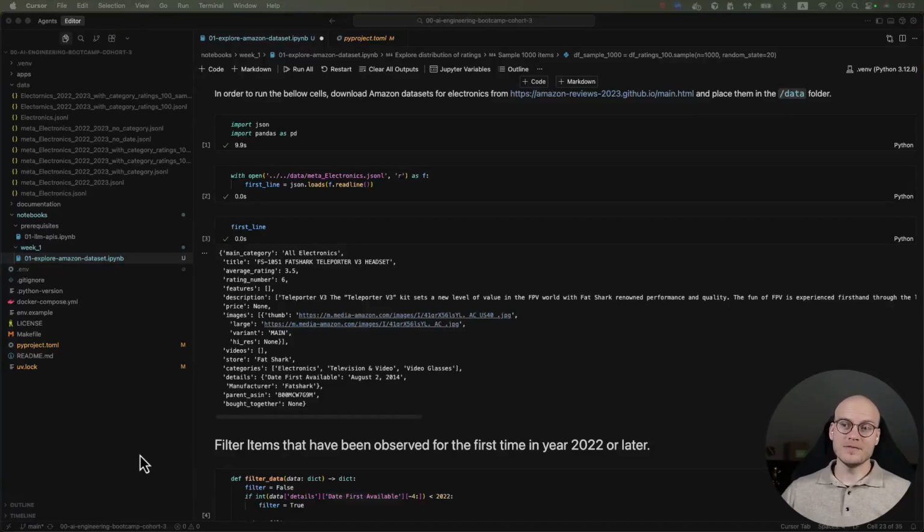Hi, in this video we are going to do some pre-processing on top of our Amazon dataset and then store the data that we want and need into a Qdrant vector database. And in the next video we are going to use this Qdrant database, perform some retrieval operations and implement a RAG pipeline. Okay, so now we are pre-processing and